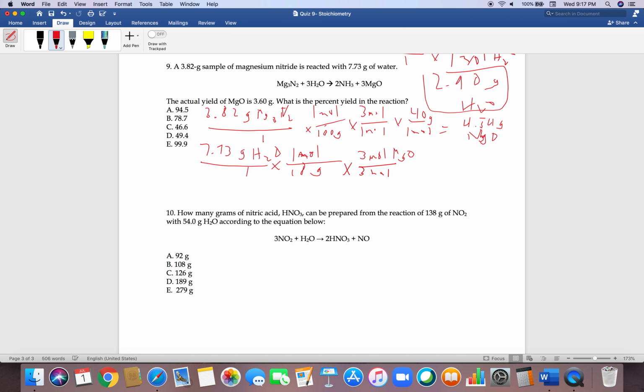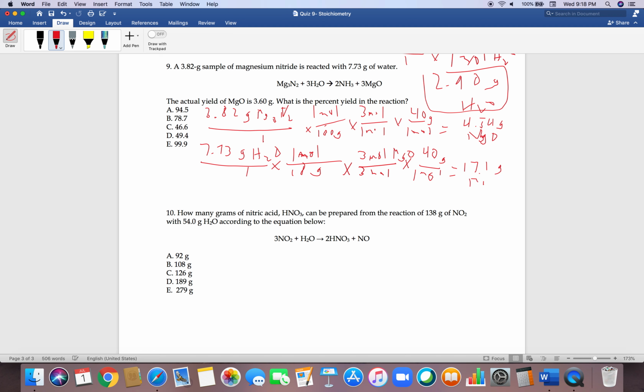So I can already tell you that based on the ratio here being 3-to-1 and this being 3-to-3, we're going to find that magnesium nitride is going to be the limiting reactant, because we're going to get a bigger number here. But I will continue with the math. And we know that 1 mole of magnesium oxide is 40 grams. So when you type this in on your calculator, you get 17.1, like I said,